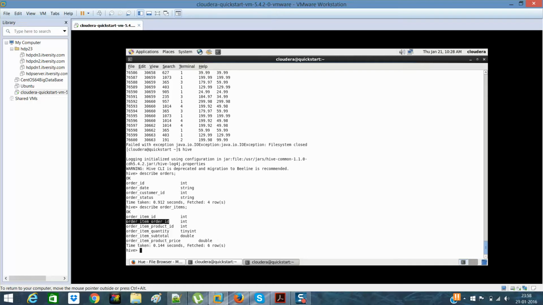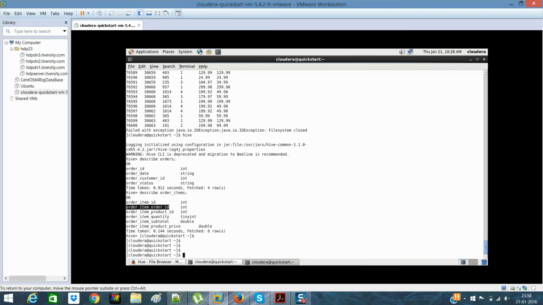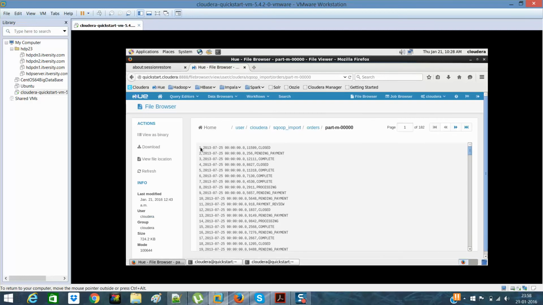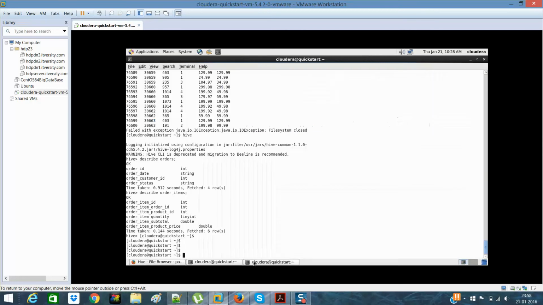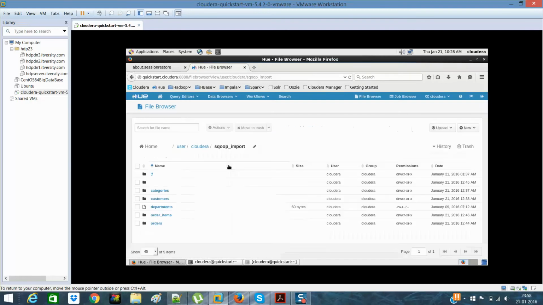I'll get out of the Hive context, and I hope I have described these things. Let me show you how orders looks. If you go to any part, you can see this is the order ID, the date, and the status. Then the order customer ID is here, and this is the date. And if you go to order items,